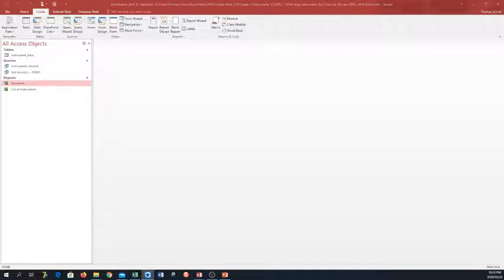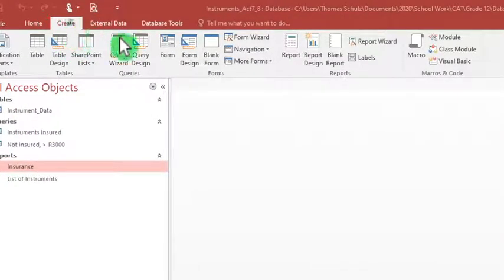So the first thing that we need to do is create a report. So we click on create. I'm going to zoom in, create, and then there are two options. We can either choose report design or we can choose report wizard. I personally prefer report wizard, and you will see it is very simple to create a report. So I'm selecting report wizard, and